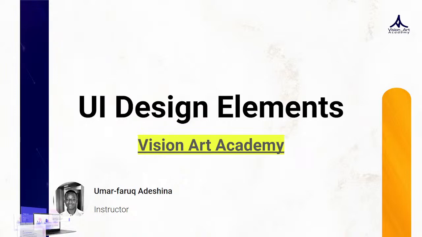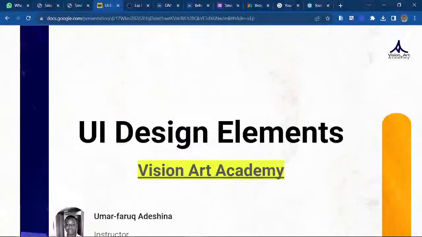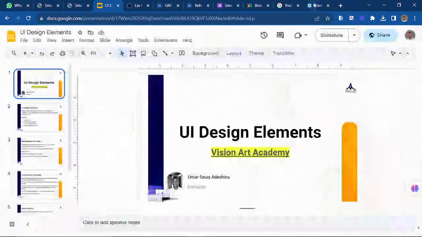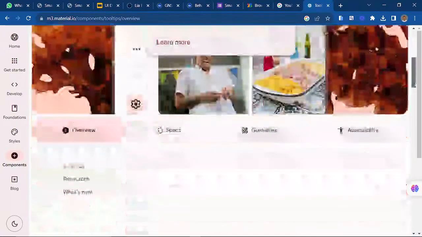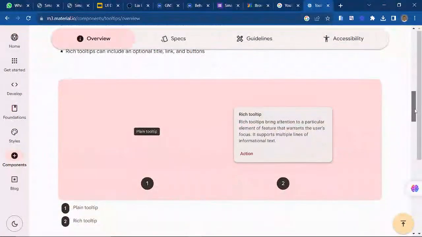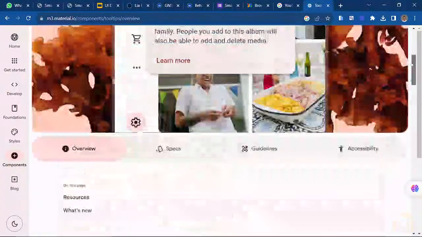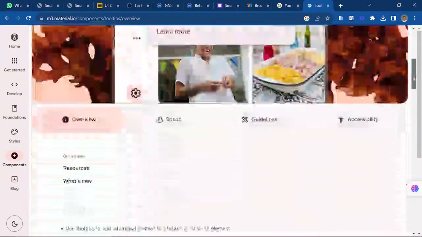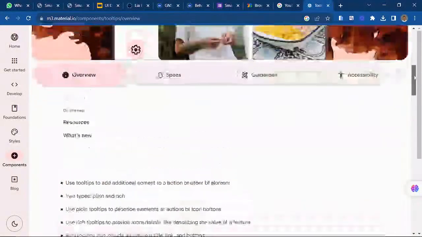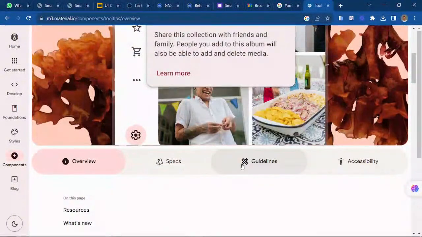So let me show you something. Let's take a look at something on the design element. If you come here, for example, which kind of design element? Okay, this is a tooltip. A tooltip is when you hover on something, and this is a kind of hovering, though it's not displaying the information about this thing.